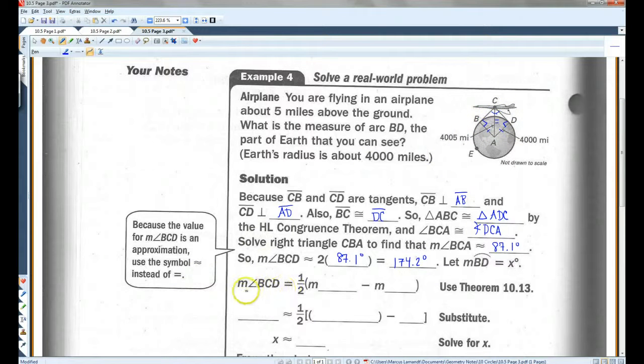Okay, so we'll let arc BD equal x. The measure of angle BCD is 1/2 the measure of arc DEB, that's this arc here, minus arc BD, that's this arc here. Okay, this angle we already know is 174.2 degrees. This equals 1/2 of 360 minus x, and then for some reason they skip about 5 steps, so I'm just going to write them over here. We have 174.2 is approximately 1/2